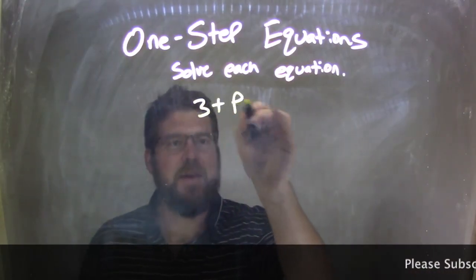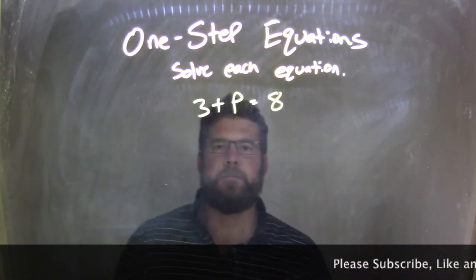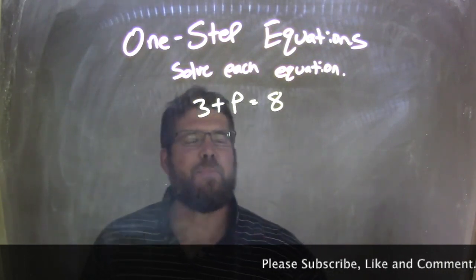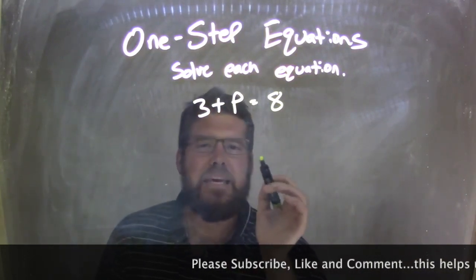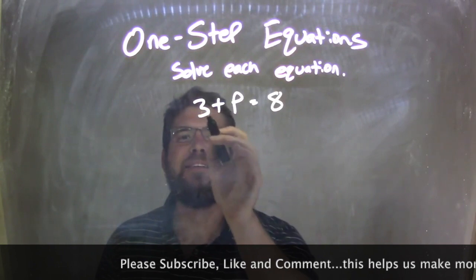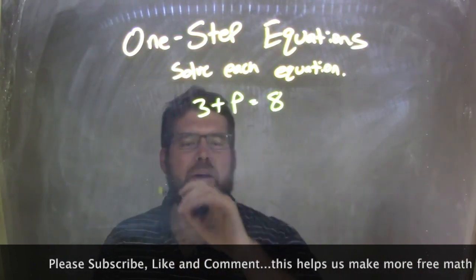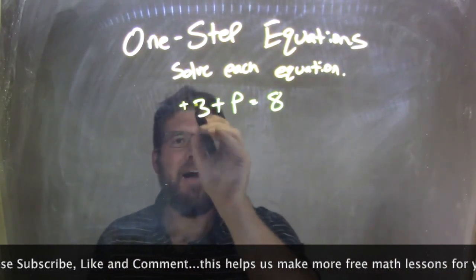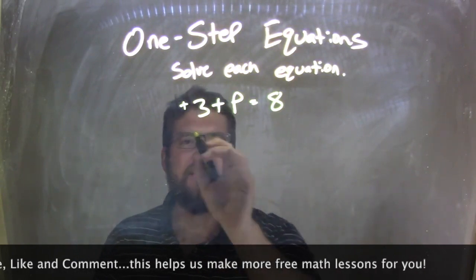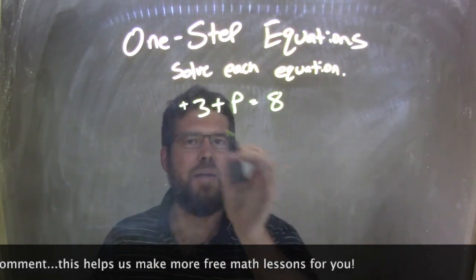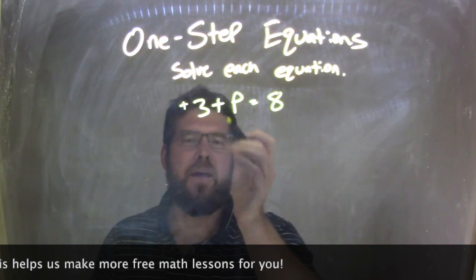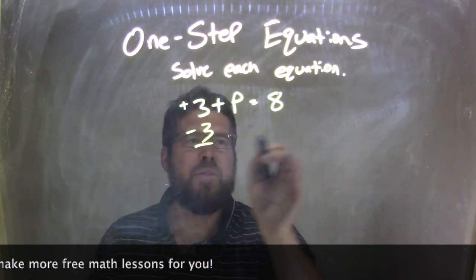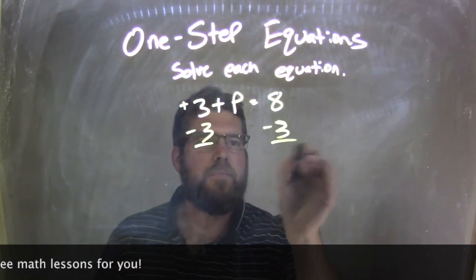3 plus p equals 8. Okay? So if I have 3 plus p equals 8, I need to get p by itself. And to do that, I see that there's a 3 here, right? A plus 3. Now, that 3 is a positive 3. So what's important here is I want to subtract a 3 to both sides. Opposite of addition. Okay? Now, if I subtract a 3 to both sides,